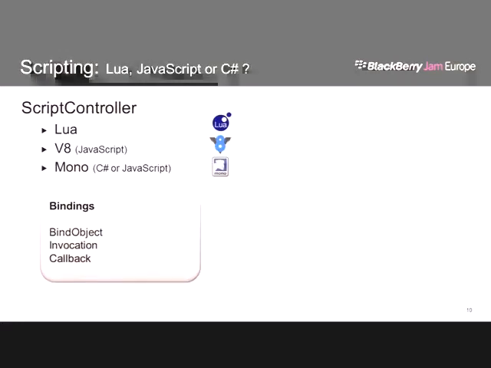For scripting and the script controllers that you're going to write, you're probably going to use something like Lua, which is very fast and great for games. Some people don't like Lua, but I'm actually impartial. I'm fine with Lua. I think it's a good scripting language. Some people like JavaScript. The V8 engine's a very fast engine, and it's become pretty popular in games. And then you can use Mono as well.